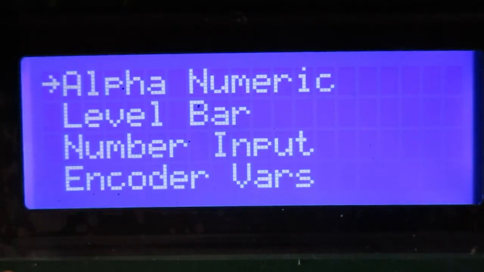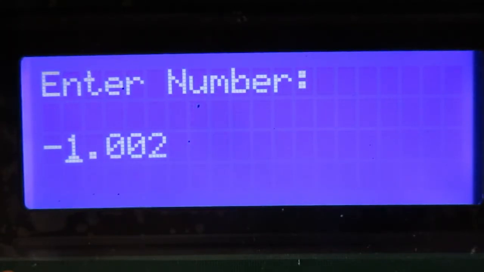Okay, I went back and I changed the parameters in the function to allow me to enter a floating point number so we can see what that looks like. And basically I specified 4 digits and 3 of those on the right of the decimal. So now we have a floating point number, and it works the same way as the integer. We can just go ahead here and dial in a number, and we can now create a floating point number any way we want, and we can make this a positive number, and then we'll do a long press, and